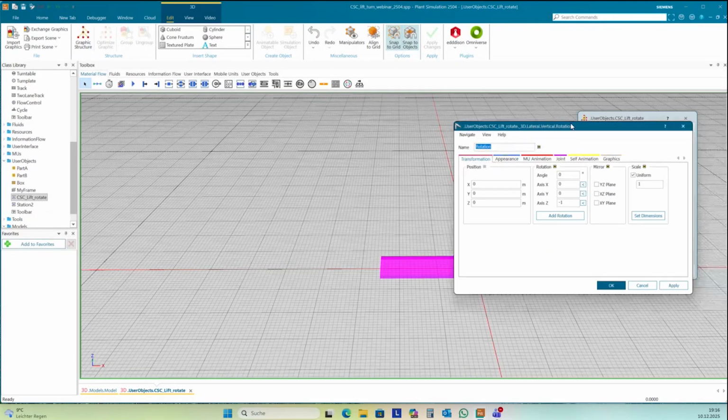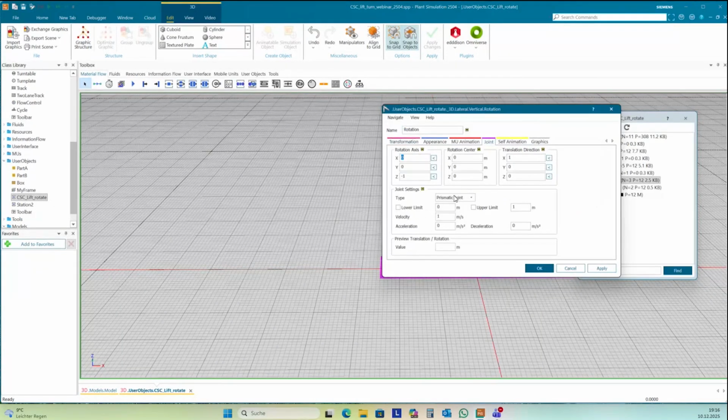Edit 3D properties, joint. Now we need a revolute joint. And for a revolute joint, we need to set a rotation axis. The axis set is okay. You can set a rotation center outside of the center of the object if you want to do this. And we need to set a velocity in degrees per second.